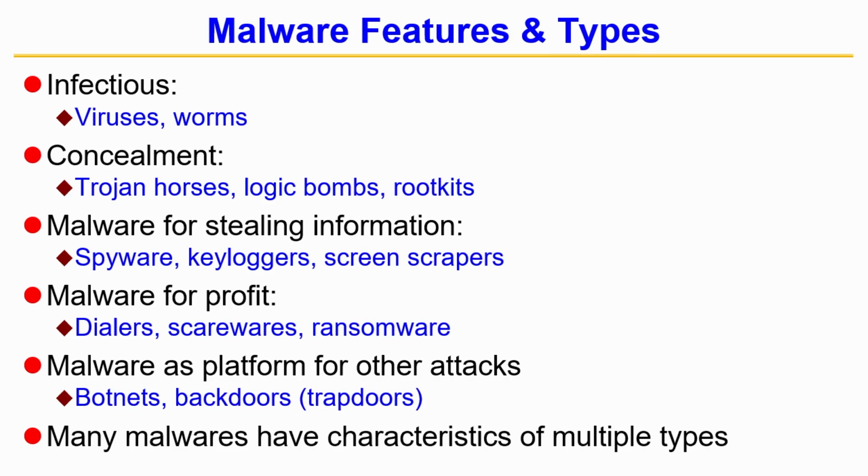Their objective is not to spread and have lots of kids, but rather to just go somewhere and hide so that nobody else can find me. So there are Trojan horses, logic bombs, rootkits. I will take examples and zoom into them. And then some of the malware, the primary objective is to steal something, some information, whether spyware, keylogger, or screen scraper. And then some have the objective of making money. So the classical one is ransomware. And in fact, some of the dialers,